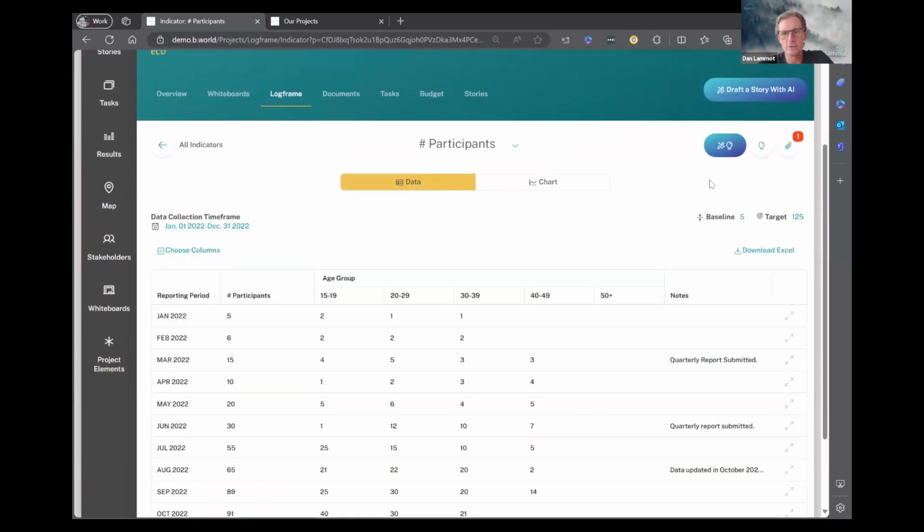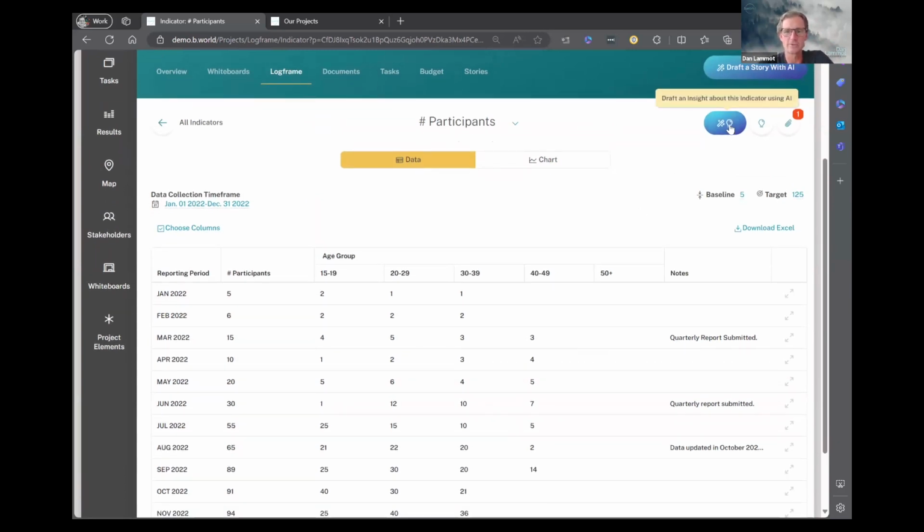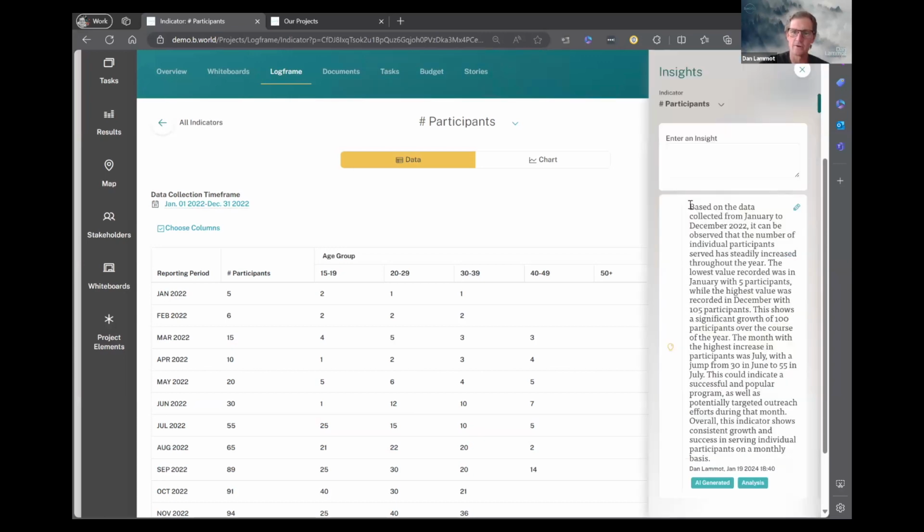And the other thing that you can do within this is that if you have complex data that you're not exactly sure what's going on, or you need a quick summary, OpenAI connection through GPT will actually take your indicator definition as well as the data table itself here, and it will write a narrative summary of what it sees. We have the temperature turned way down on this to minimize the risk of any hallucination or invention on OpenAI's part and so forth. But this can be a really quick and easy way to get a good view of what's